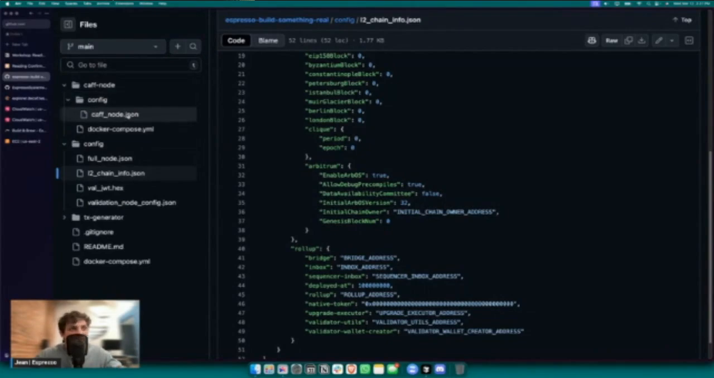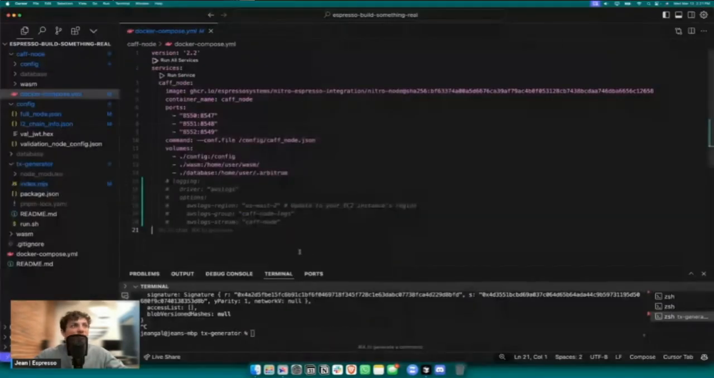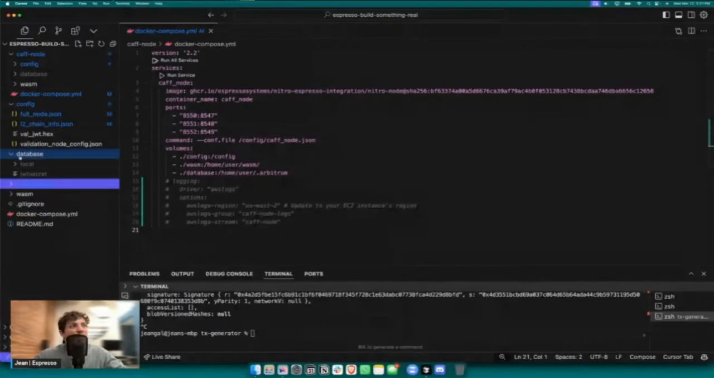And additionally, you're going to want your caffeinated node to be listening to the same state, the same database as your rollup. We've specified in the guide: make sure that before doing so you shut down the container of the rollup. Then you copy the database folder right there and paste it in the calf node directory. So let me show you in the code itself right here. You have this database folder right here. Copy it when the container is down, and paste it in the calf node folder right here. This way, the caffeinated node and the rollup will be exactly in sync,